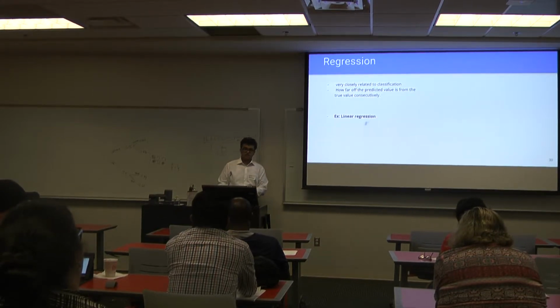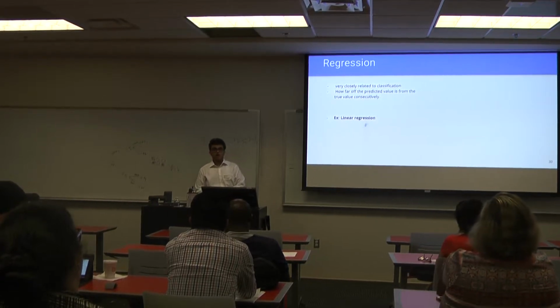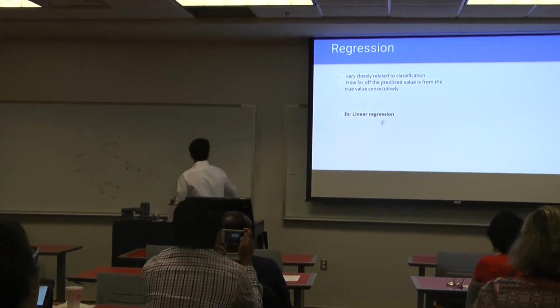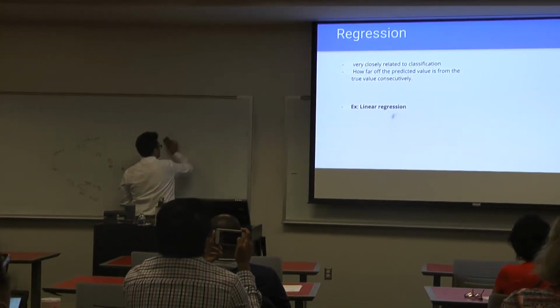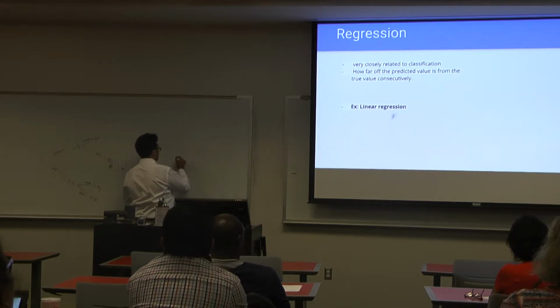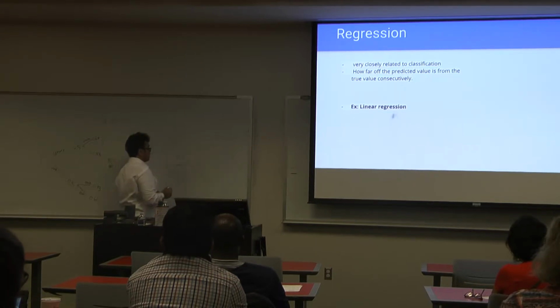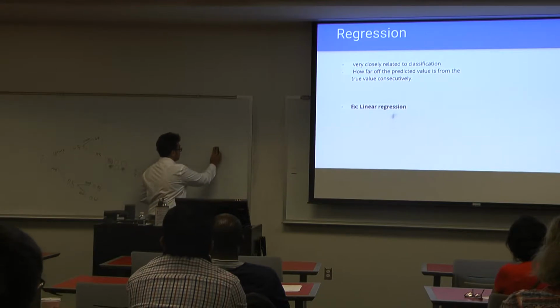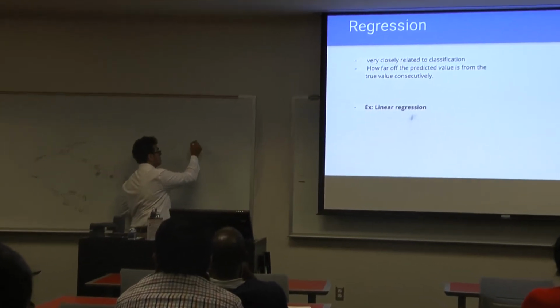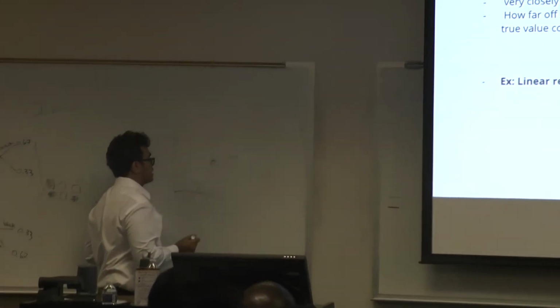Okay, so next is regression. Regression is how far off our predicted value is from our true value. So looking back at the ball model, we had 1 ball here, 2 balls here, 1 here, and 1 here, and our line of best fit was something like that, if I remember correctly. And the regression is how far this point is from its predicted value right here.